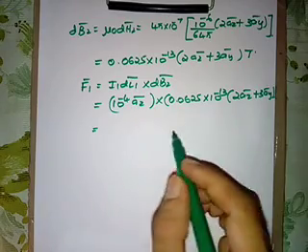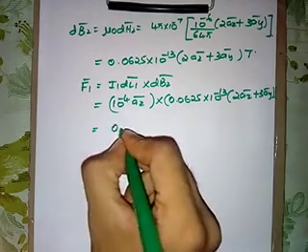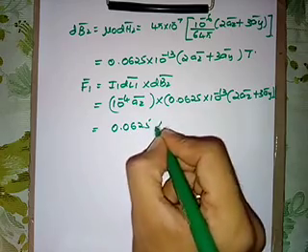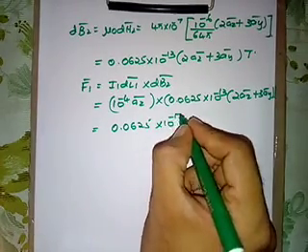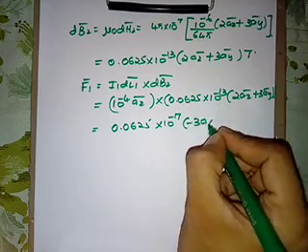On simplification we get 0.0625 into 10 raised to minus 17 into minus 3 ax bar,